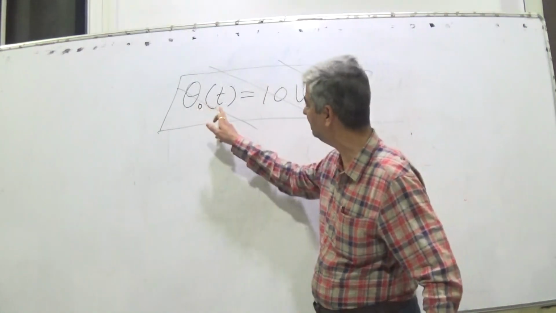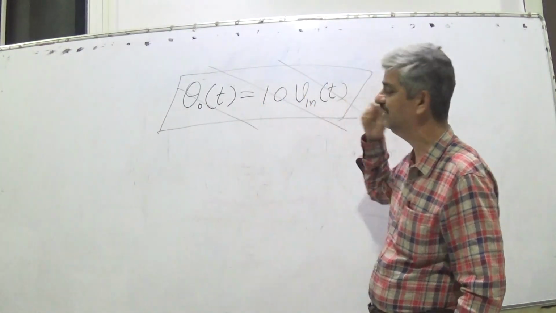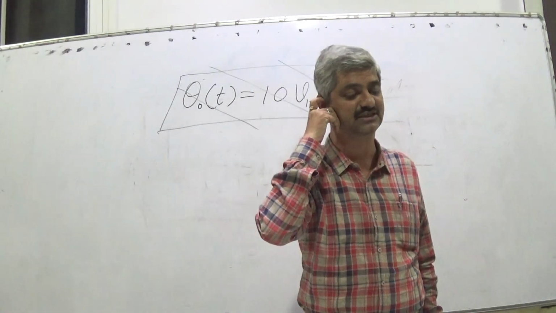So theta O(t) is equal to 10 into V in(t) was a naturally written system equation,